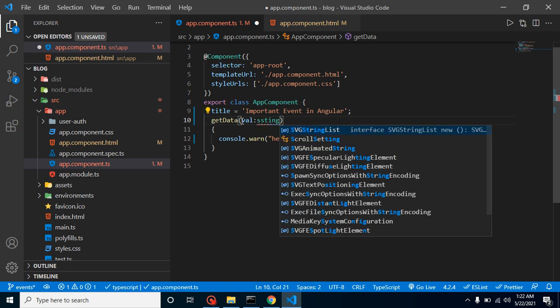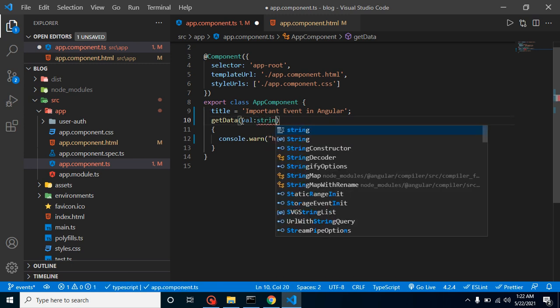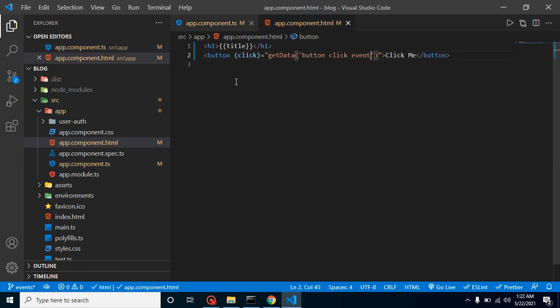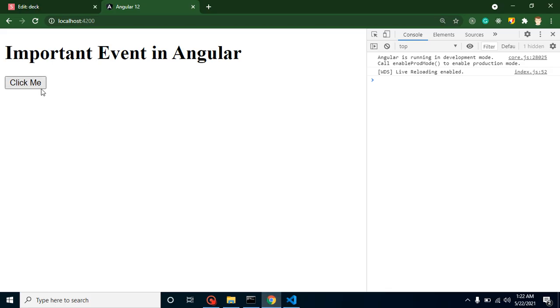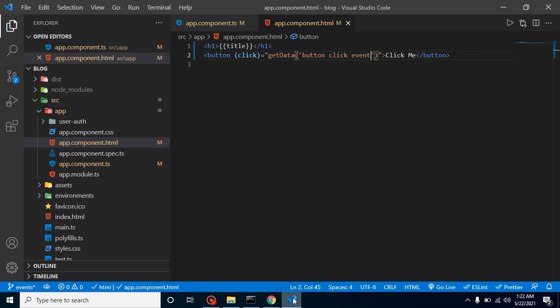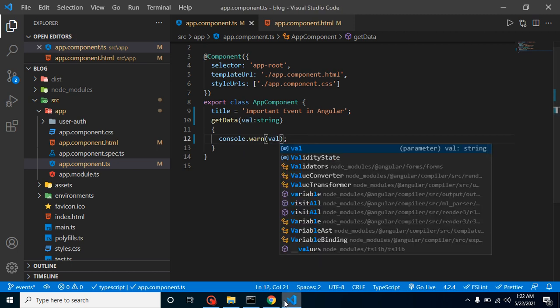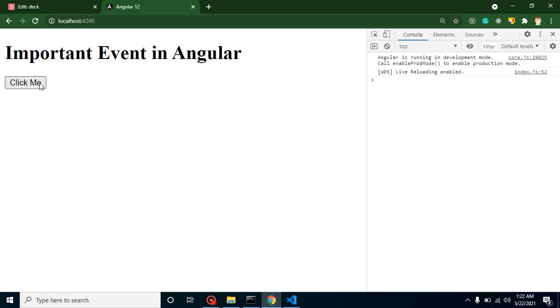If you are sending number data, then keep in mind you must put the number type, right? That's fine. So now let's see, is it working fine or not? Hello data is still there. Okay, so we have to use this value here also. I just forgot that. Now this is working fine, great.